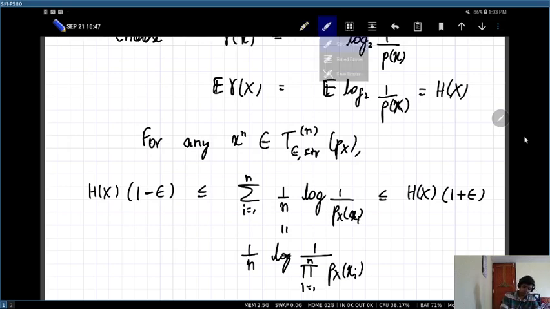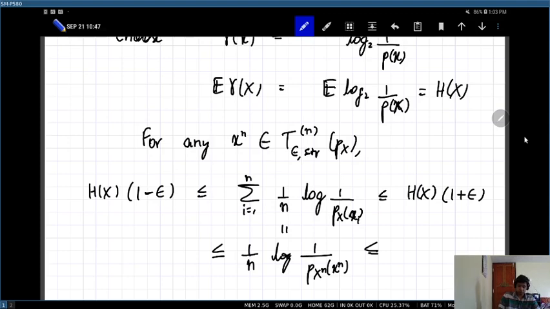But since xn is a memoryless sequence, this is 1 over n log 1 over Pxn of xn, right? So for any sequence in the strongly typical set, 1 over n log 1 over Pxn of xn is between h of x times 1 minus epsilon and h of x times 1 plus epsilon,